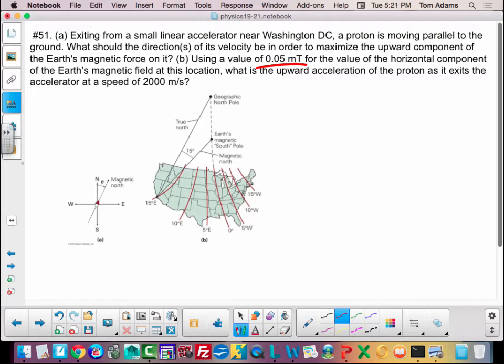what is the upward acceleration of the proton as it exits the accelerator at a speed of 200 meters per second? Well, that's not that fast. It's not even close to the speed of light. That's slow. All right, so according to figure